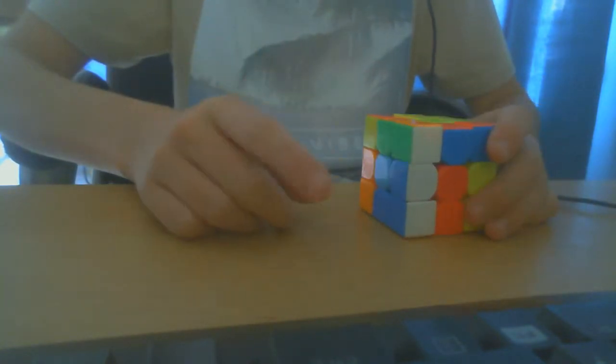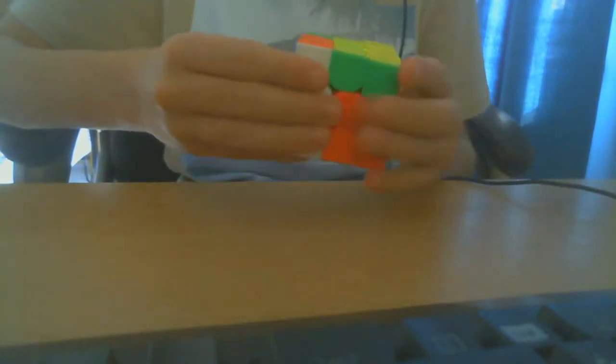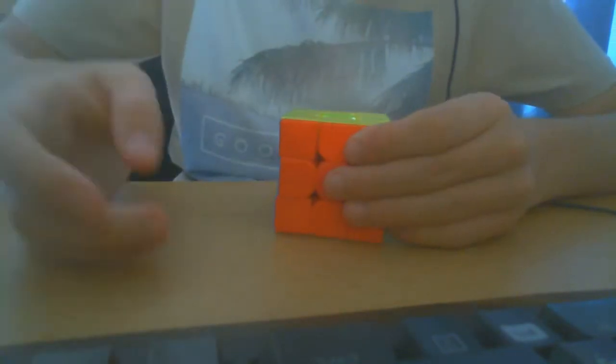So for me, it's just L U prime L, R U prime R, no, R U R prime. You know what I mean? I'm not saying the primes right, because when I read them I don't really read the primes, I just kind of do it. Anyway, I'll read the algorithm out as I do it. L prime U, R prime U2, L U prime, L prime, R U, R prime U2, L U prime, R U prime. And yeah, so those are very similar algorithms,